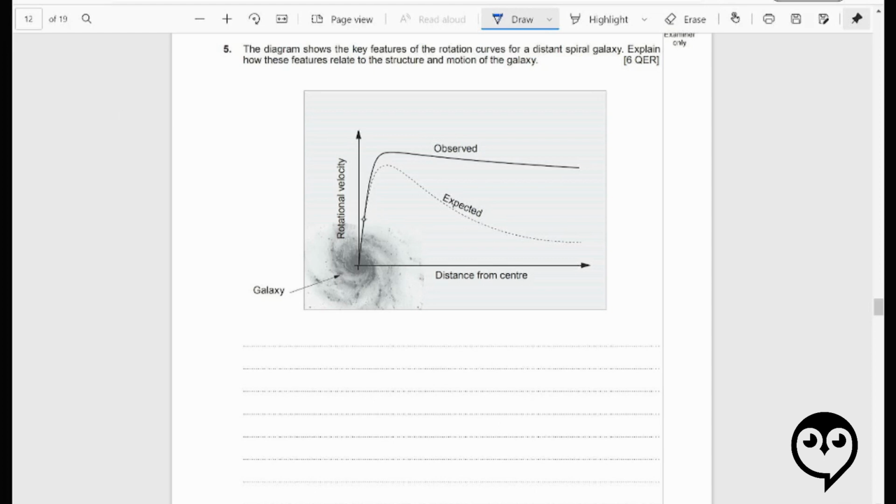I remember doing this with my class a few years back. This dotted line is the expected curve of what we should see. We should see, as we move further away, the rotational velocity kind of drops. But what we actually observe is that it is quite constant. And so this gives the discussion of dark matter and that sort of thing. In the interest of time, I'm going to jump right to the mark scheme